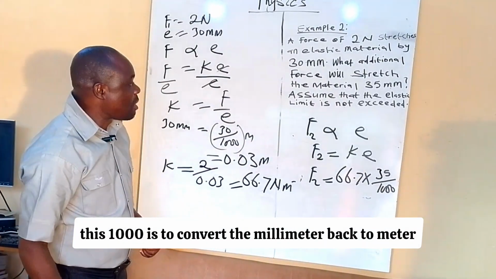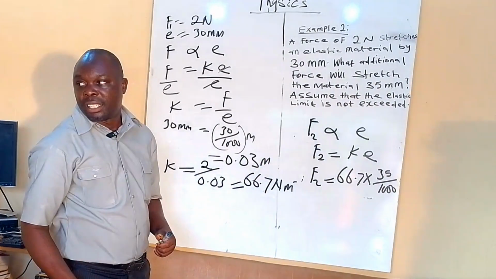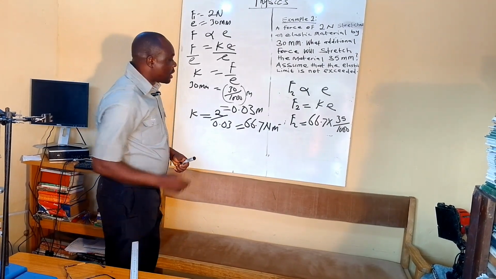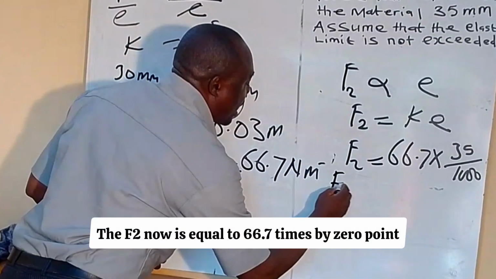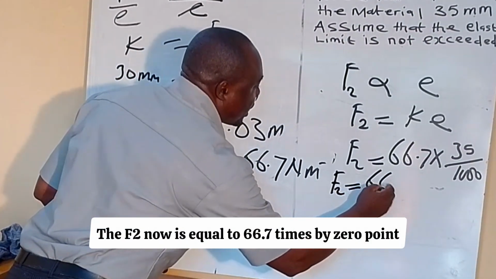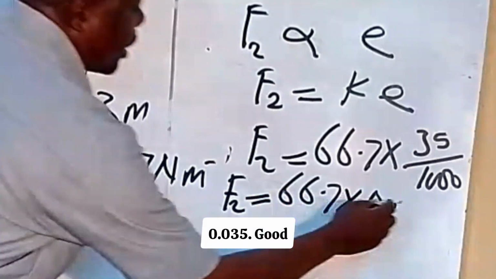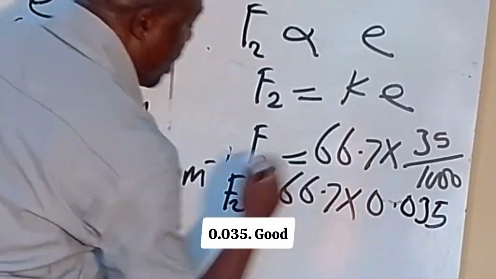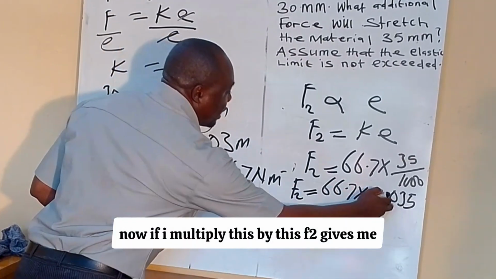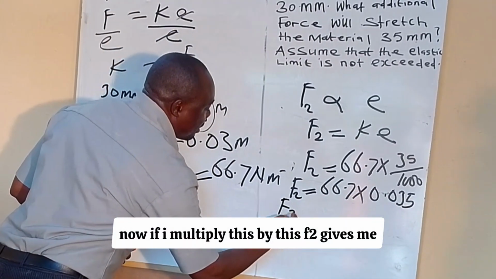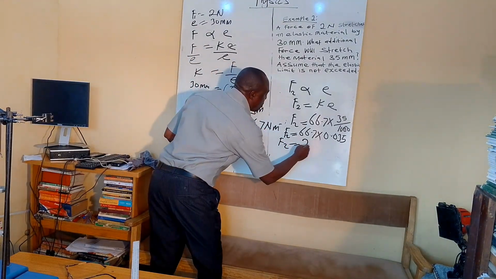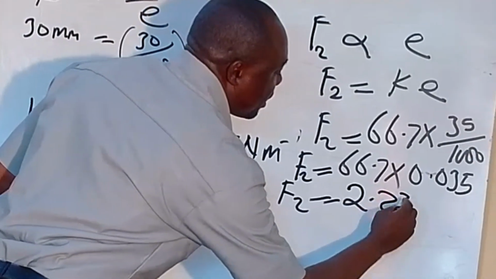This 1000 is to convert the millimeter back to meter. Which gives me F2 now is equal to 66.7 times 0.035. Good. Now, if I multiply this by this, F2 gives me 2.33